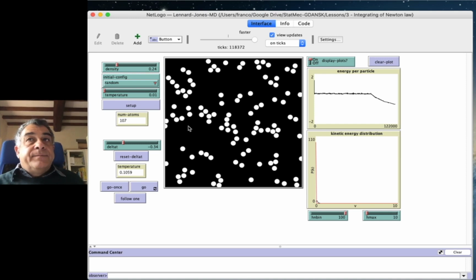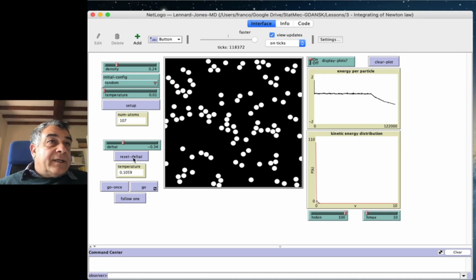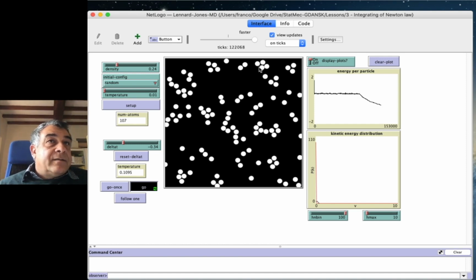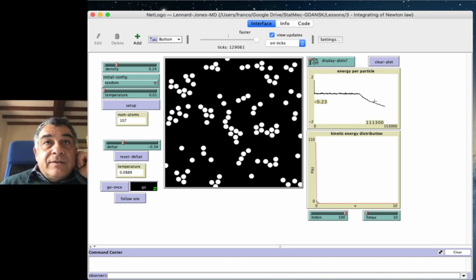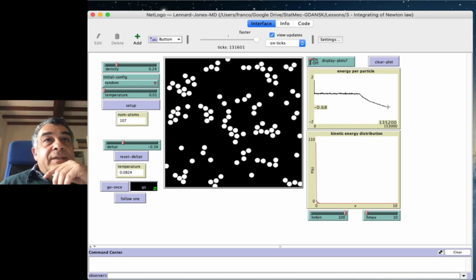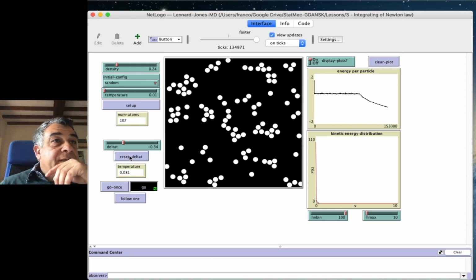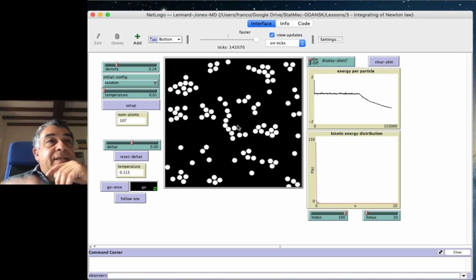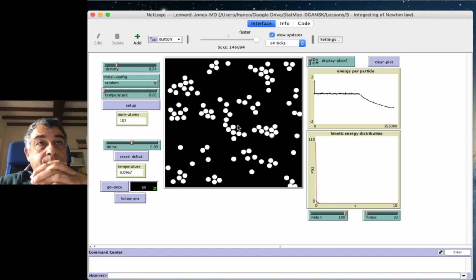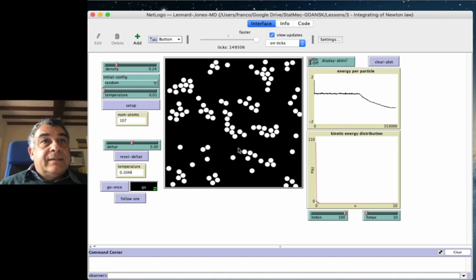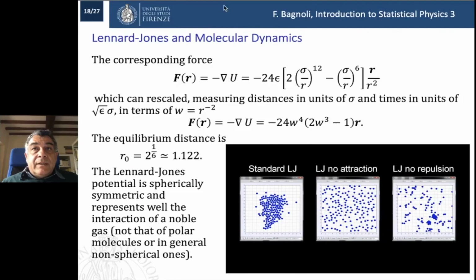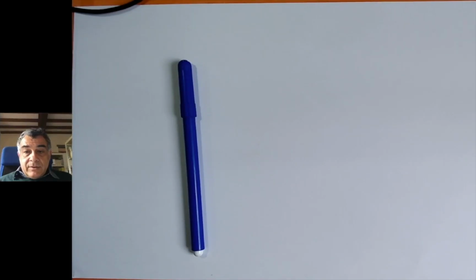And so I can let it go and explore what happens for different values. I'm lowering the temperature now. I can stop the lowering of temperature and let the system evolve for a certain time step, and I can see that while we leave it evolve, we can go back to the presentation